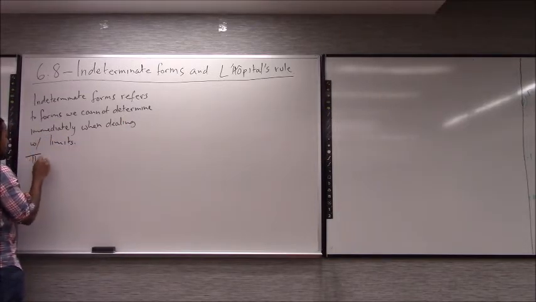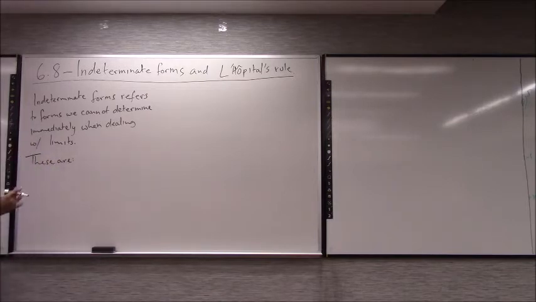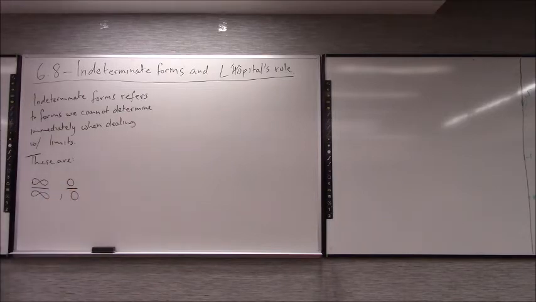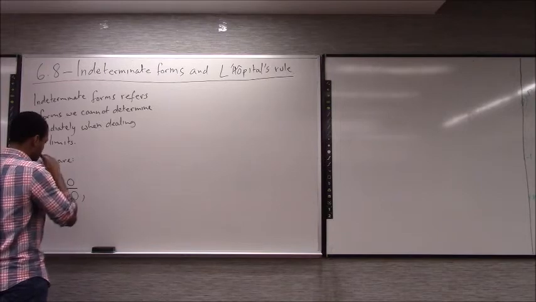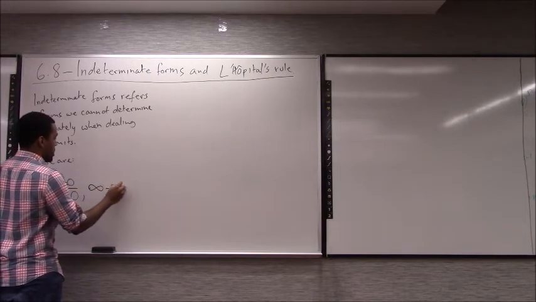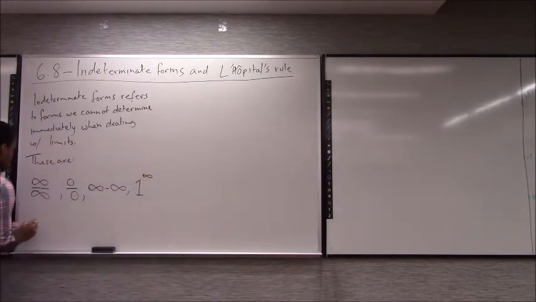So there are certain forms that you won't be able to actually determine what they are. Infinity over infinity is an important form. Or 0 over 0. There are also others like infinity minus infinity, or 1 to the infinity, or 0 to the 0, or